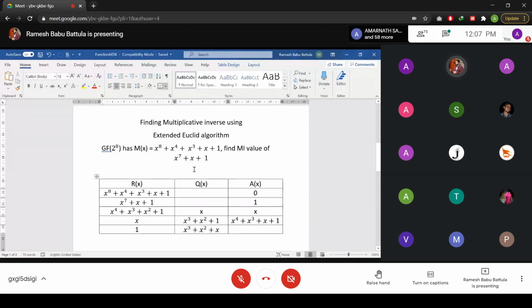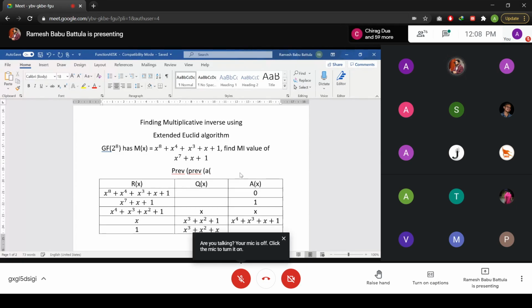Q(x) is the quotient of x, and A(x) is the auxiliary value of x. How will we find the A(x) value? This is simple. The previous value and the current coefficient multiply with the previous auxiliary value. So we can write it like this: previous of A(x) value